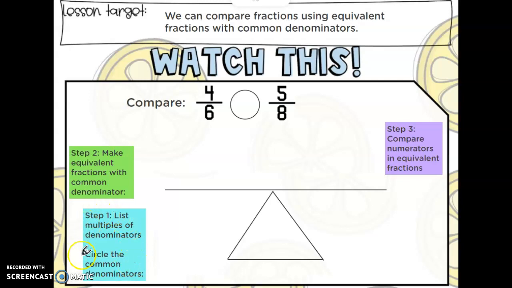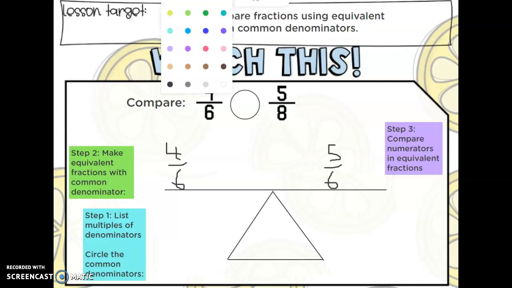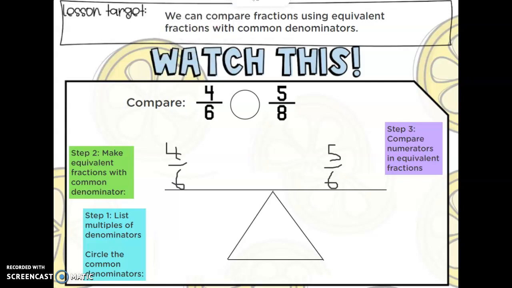So here we have step 1, which is list the multiples of the denominators and circle the common one. Common is just another word for the same. So right here I'm going to write my two fractions that I'm comparing. And then underneath, I'm going to list out the multiples of my denominators. The denominator is my bottom number. So I'm going to list,